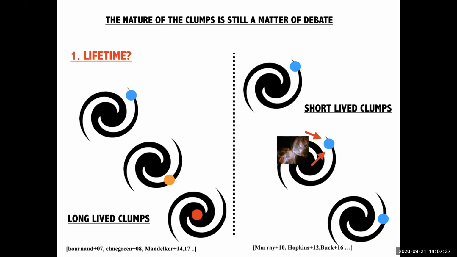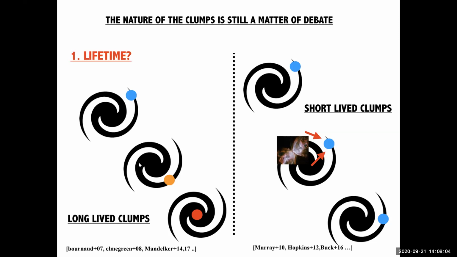And again, both scenarios are present in the literature. What's interesting about these is that, in addition to understanding the physics of clumps, you can eventually put some constraints on feedback, because models have shown that if feedback is too strong, you will destroy the clumps. All clumps will be short-lived. Whereas if feedback is less strong, then you will have more long-lived clumps. So by looking at this in the observations, you can indirectly also put some constraints on how feedback works in